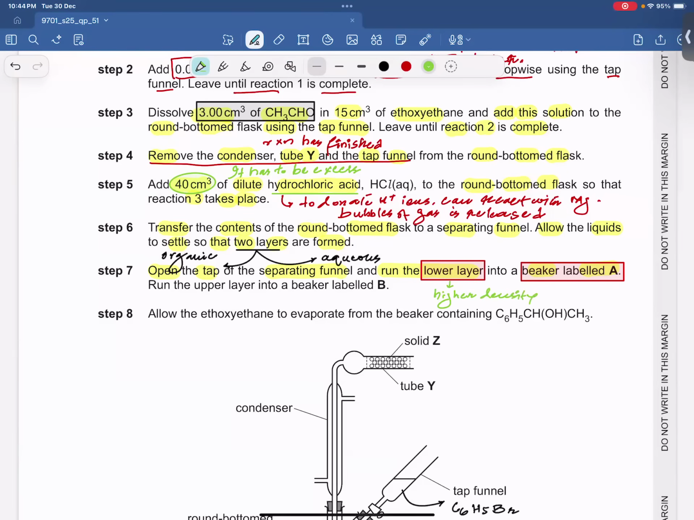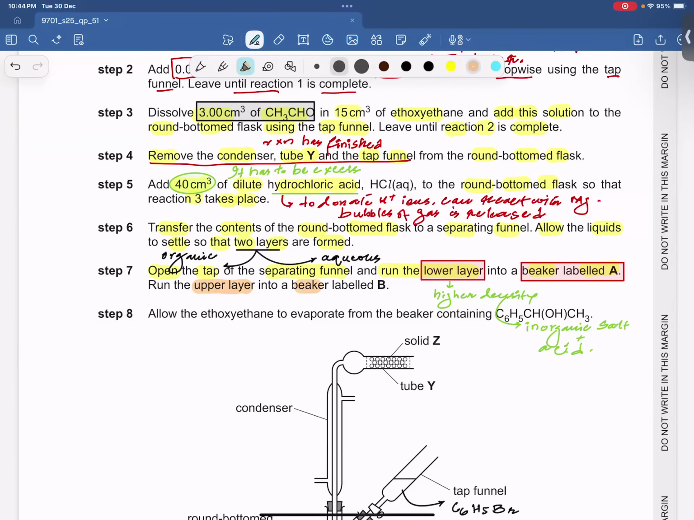And if it has a higher density, meaning it could be inorganic salt plus acid. Okay. On the other hand,